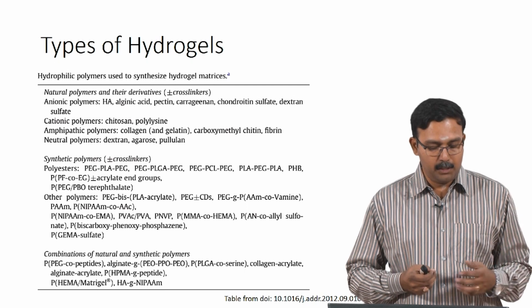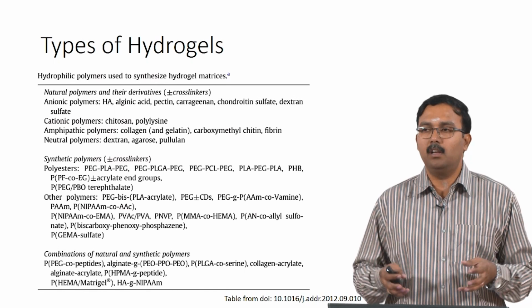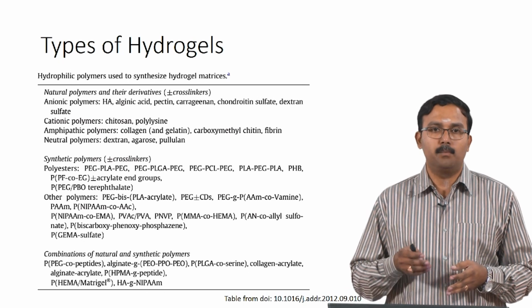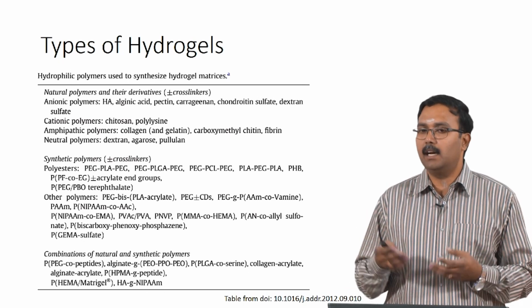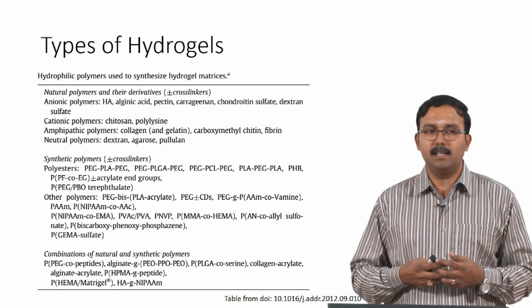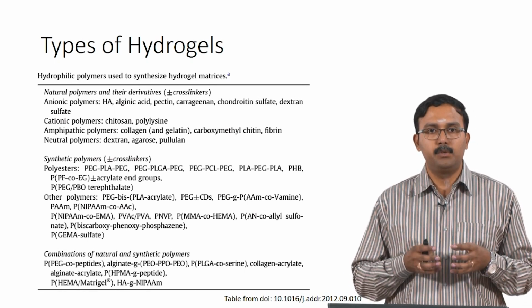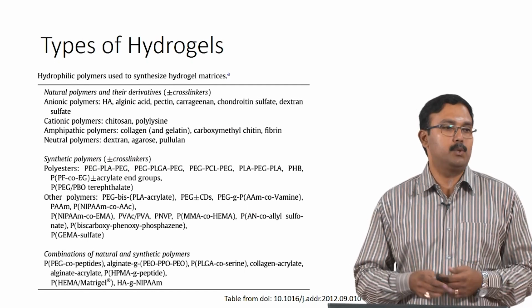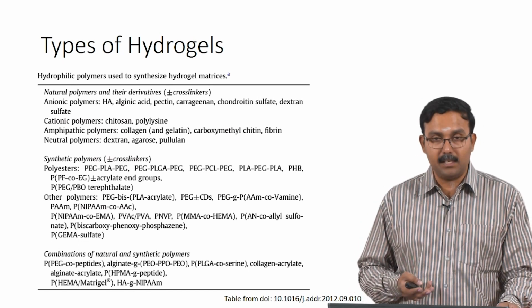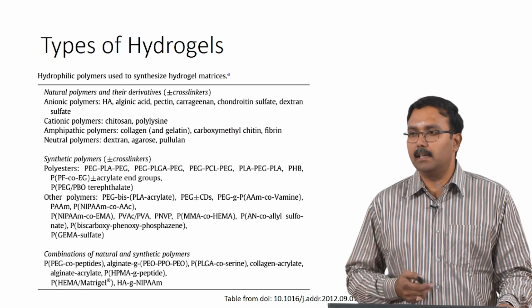So, when it comes to synthetic polymers, again the list is endless. Whatever is shown here is a very small fraction of what you would find in literature. You can use many things. Polyethylene glycol is one of the more well studied hydrogel systems, so is polyhema. These are materials which have been studied extensively for different applications, and people have shown the properties of hydrogels using these materials. Okay. Combinations of natural and synthetic have also been studied, and here are just a few which you can find in literature.